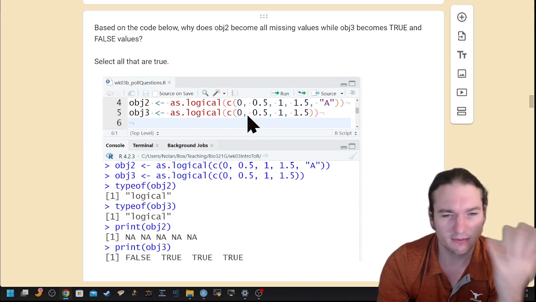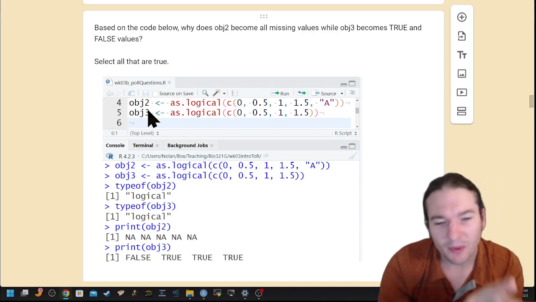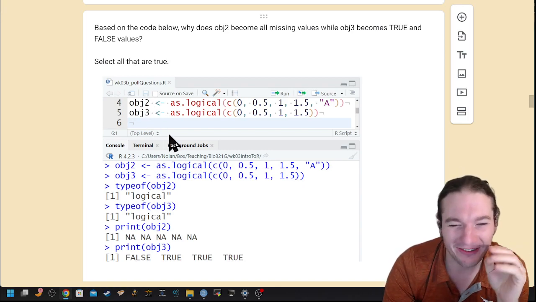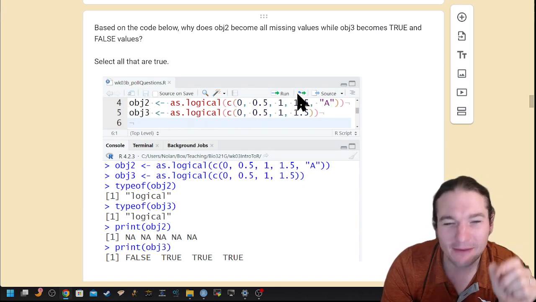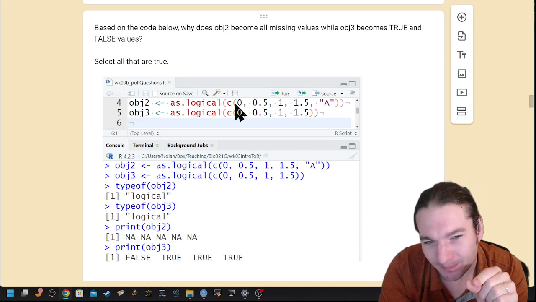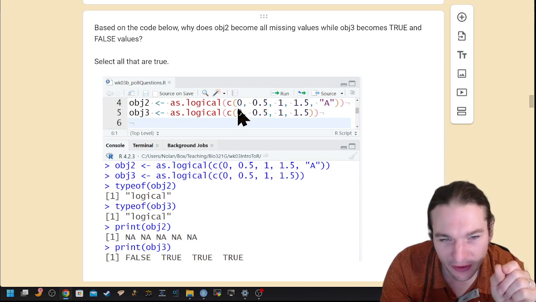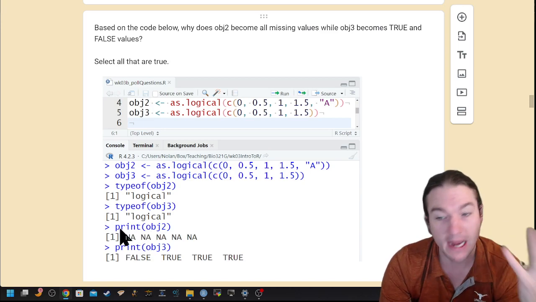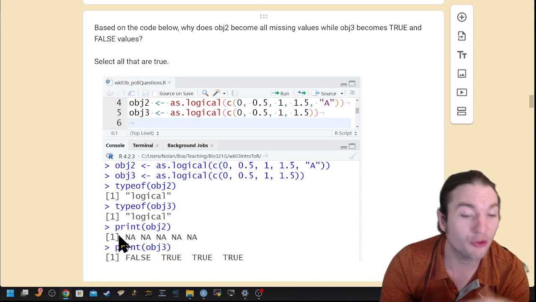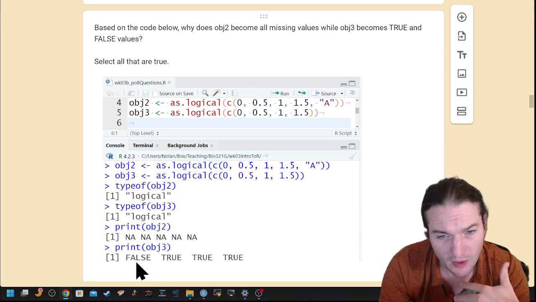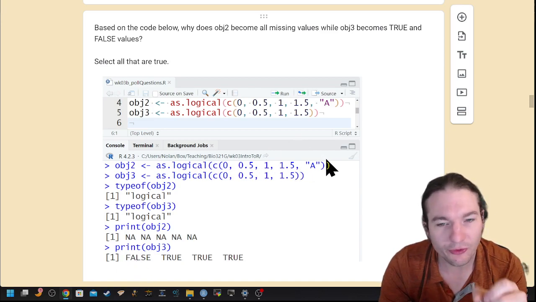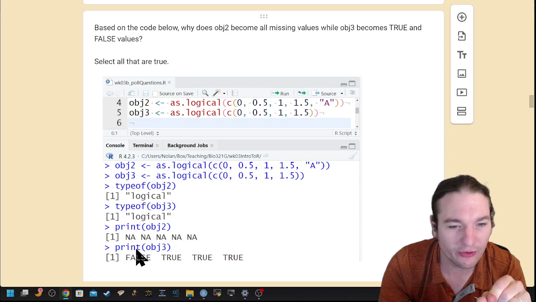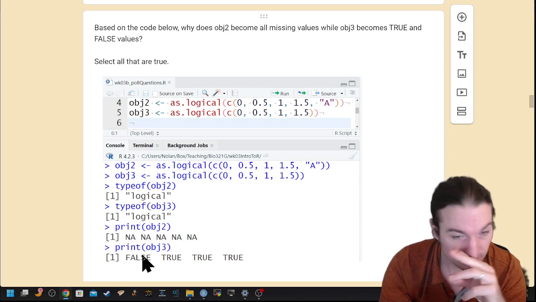That probably didn't help anybody. Sorry. Anyways, this question I had already kind of talked through. This ended up combining to create a character vector. So this was a character 0, not the number 0. And once you try to do the conversion, the character 0 could not make the jump. It couldn't go from the character 0 to a logical value. So it became false. I believe if I had spelled out TRUE up in this top section, it would have been able to coerce into a logical vector, but I didn't do that.